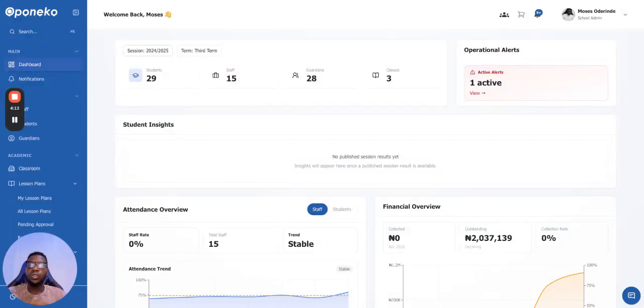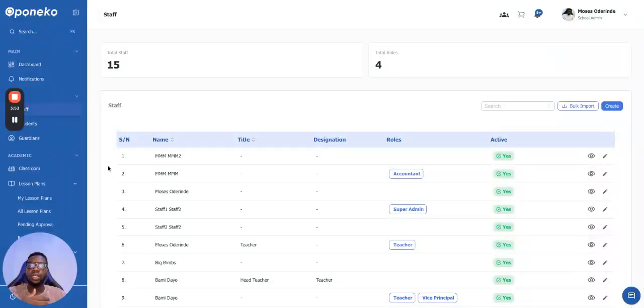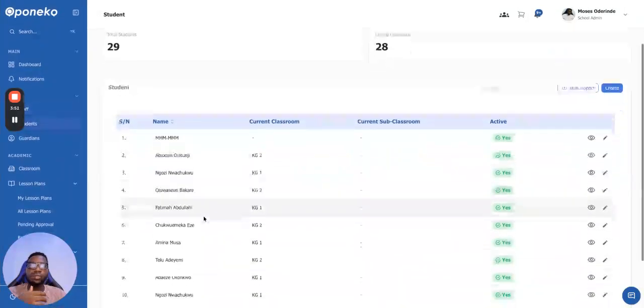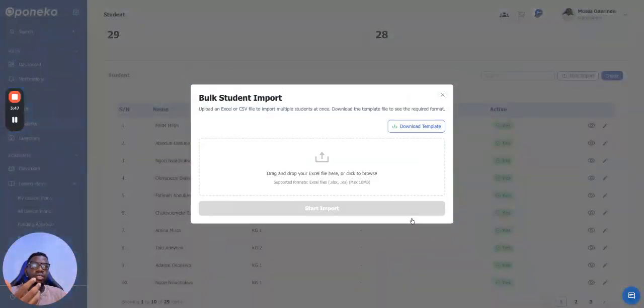And with Oponeko, students are able to see how things are done in the digital world, be it how CBT exams are done, submission of assignments, and a digital form of taking attendance. So in Oponeko, the school gets to see their list of staff and also their list of students. They can bulk create their students, either 1,000 or 2,000 students at a time, to make their